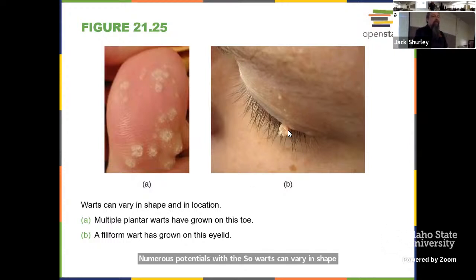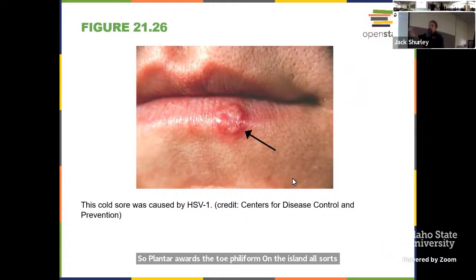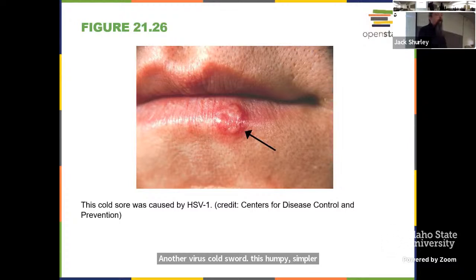There's all sorts of potentials. This right here, I'm like, I don't think I could deal with that. So plantar warts on the toe, filiform on the eyelid, all sorts of possibilities, and we'll hit more details with that in a bit. Another virus, cold sore, this herpes simplex virus 1,